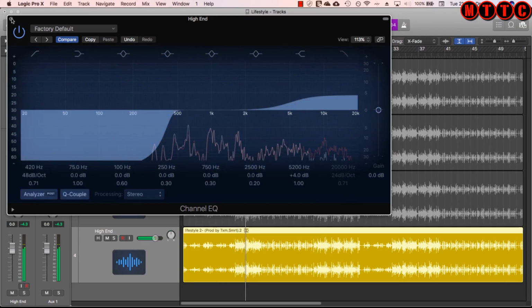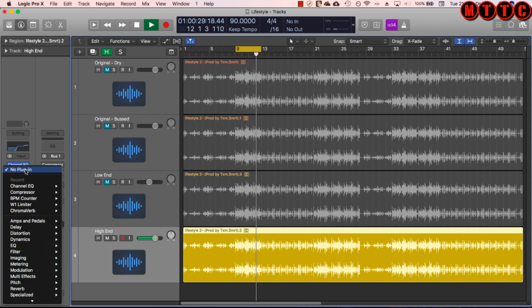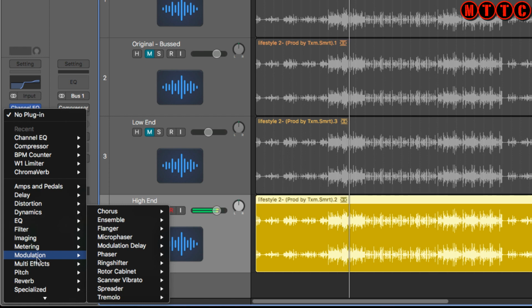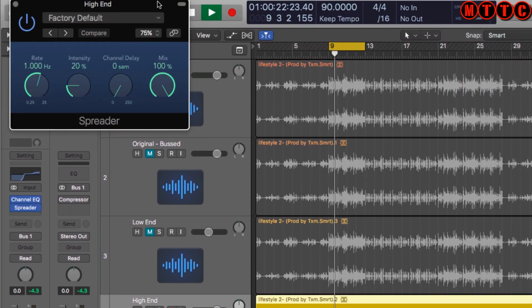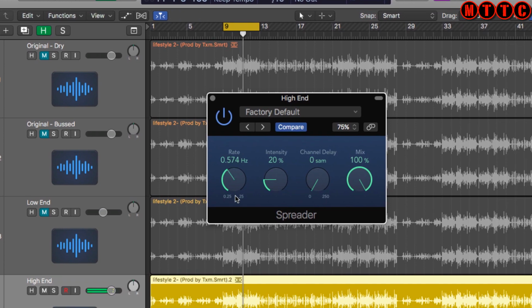Next thing I'm going to do is engage a spreader. So we come down to modulation and we go to spreader, stereo. And I'm just going to stick with the default, reduce the rate of sort of modulation,